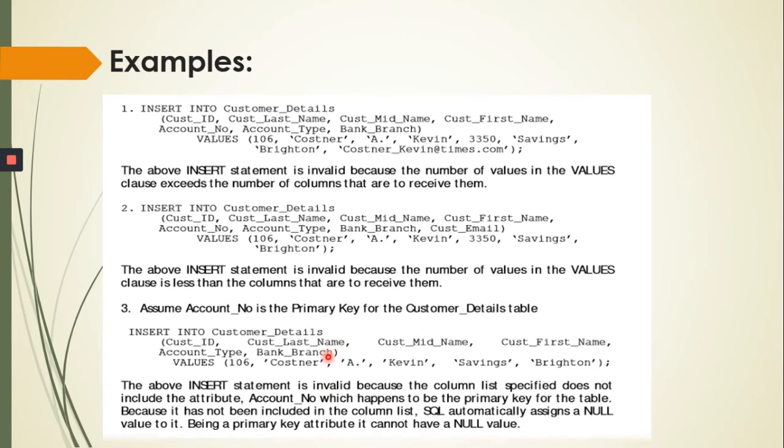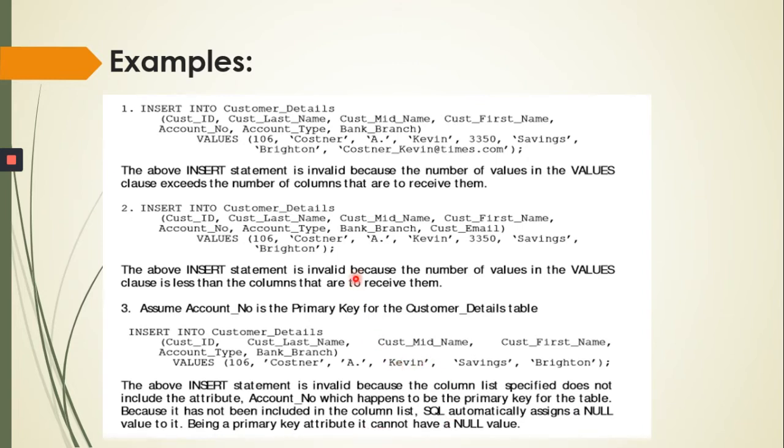Now here also the email address is not available. For the email address it will provide the null value, because the email address is actually available in the table, but I am not providing it over here. So in email address SQL automatically assigns a null value and it is okay, because our email address is not the primary key, so it will not create any issue. If we are not providing the email address, then by default SQL automatically assigns a null value and it is okay. But account number is a primary key, and if we are not writing account number over here, then SQL automatically assigns the null value and a primary key never accepts the null value.